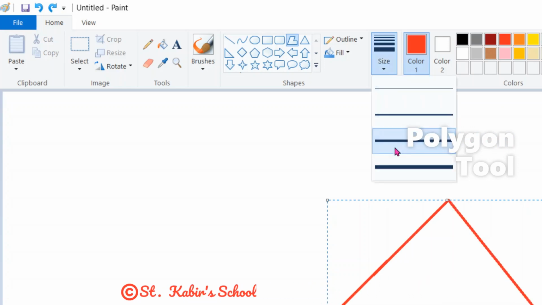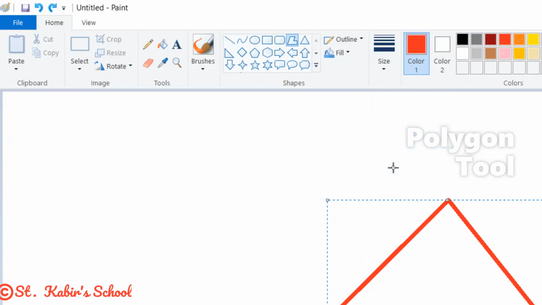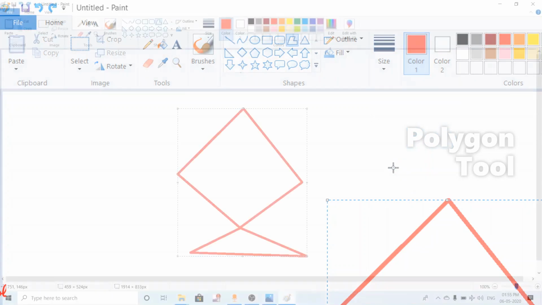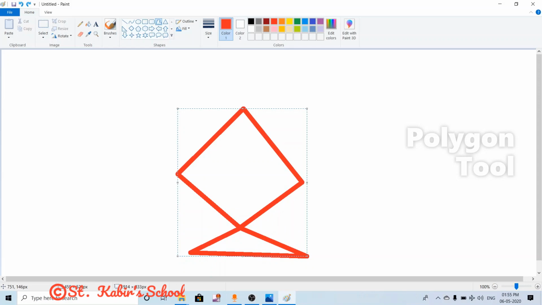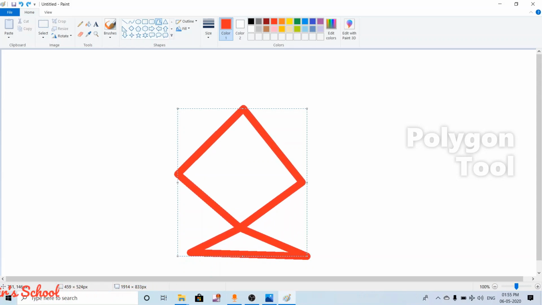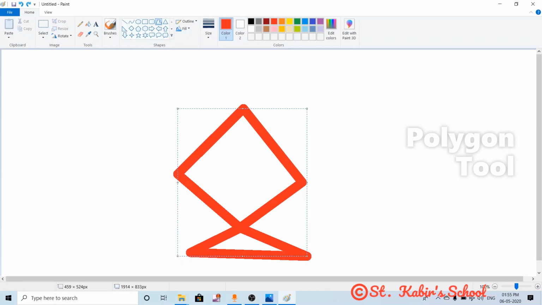Border size you can also change like this. If you want to increase the border size more, you will use control and plus, like we do in brush. Control plus will increase the outline size also.